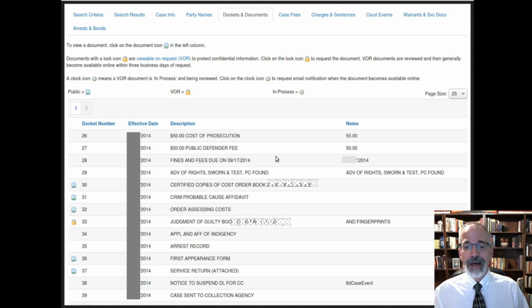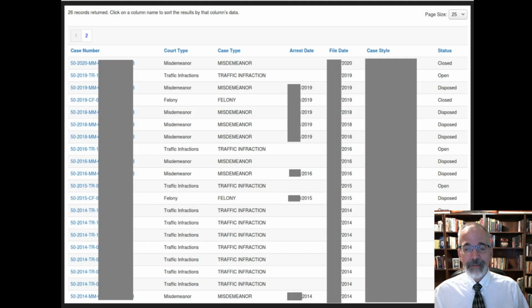Here she's paying $50. And when all was said and done, as with so many people, probably had difficulty paying because the case ended up being sent to a collection agency after the deadline. I'm going to go back to the criminal index for a moment. Remember, we're starting out looking at the very beginning of a criminal career, right down here at the bottom at